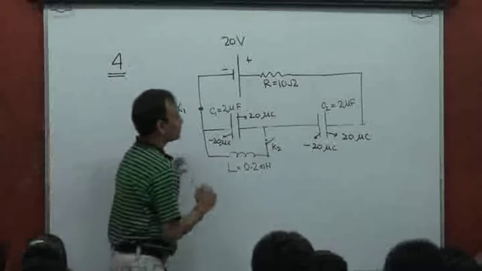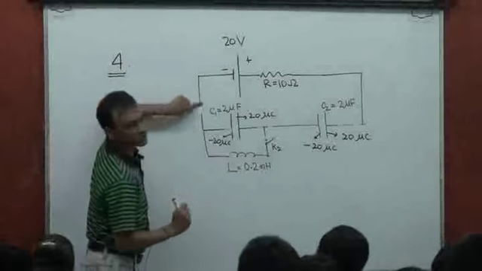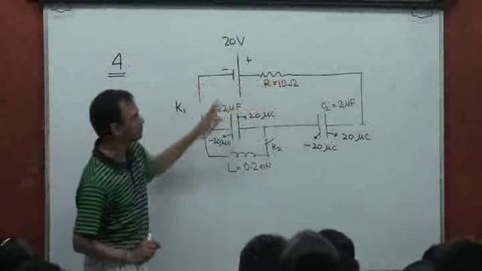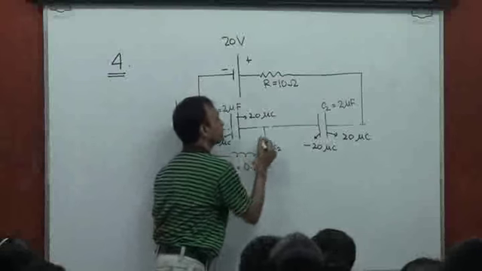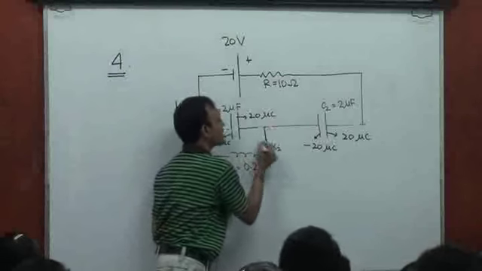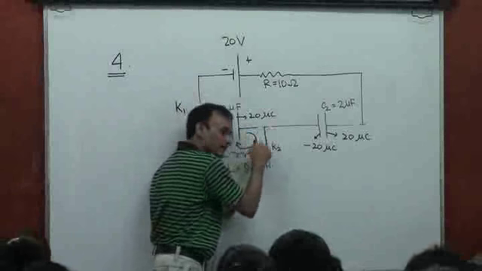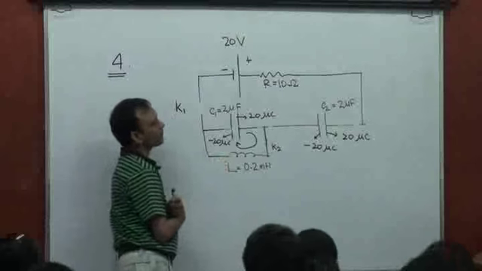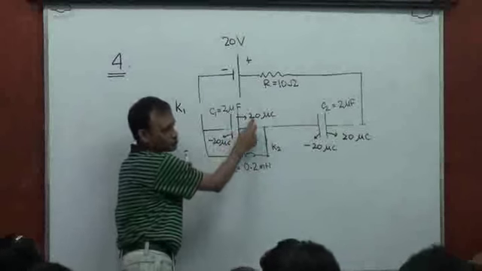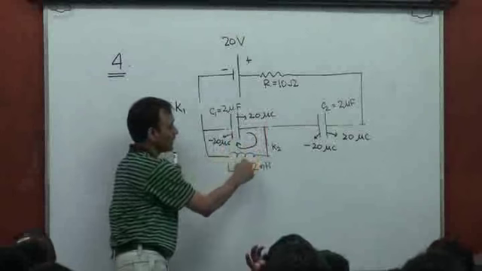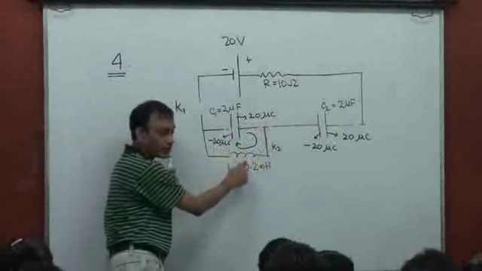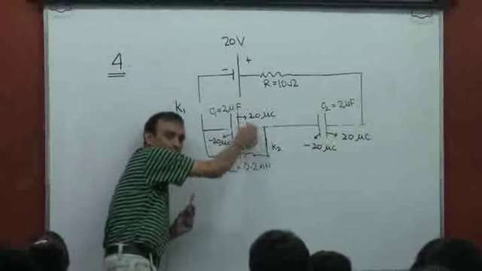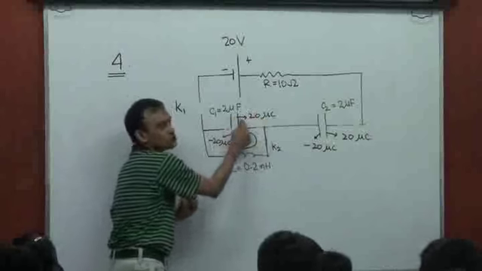That means next what we do is we open this switch up. So we are decoupling the upper branch, we are decoupling the upper loop, and we close this. And we are enabling the lower loop. What we then have is a charged capacitor with Q naught equal to 20 microcoulombs and an L in the circuit, right? So then there is a charge time variation in this LC circuit. This is like a typical LC circuit. The charge time variation on the capacitor